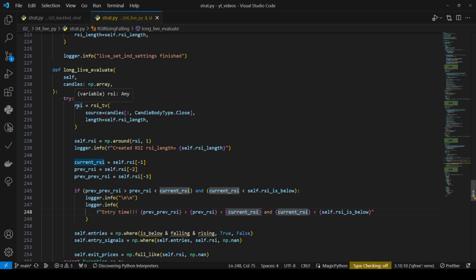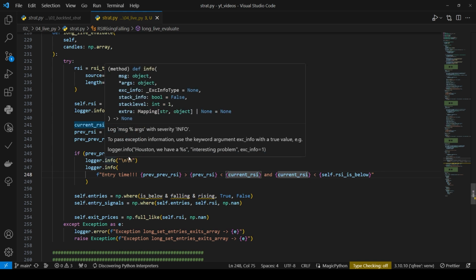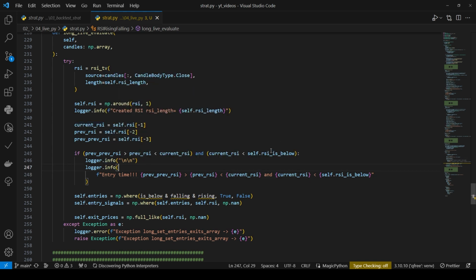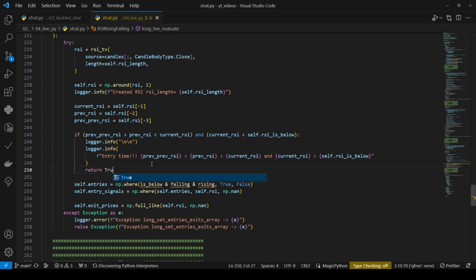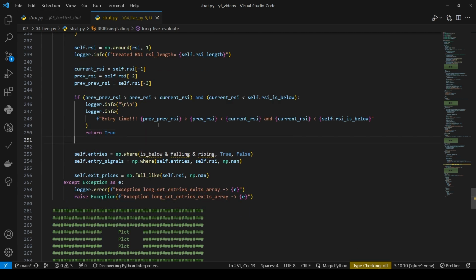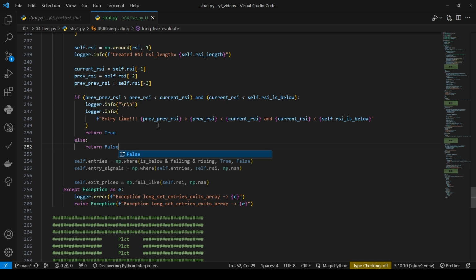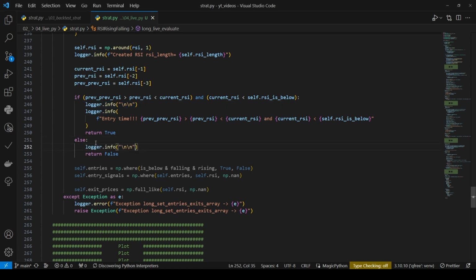So we get the RSI, let's just make sure everything is cool here. We get the RSI, then we create the RSI. We log that we've created it. We create the current, the previous, and the previous. And then we say if this situation happens right here and this situation, then we log that it's entry time. And then what we have to do is return true. Else return false. Right? You could also come over here and create this log that basically says no entry